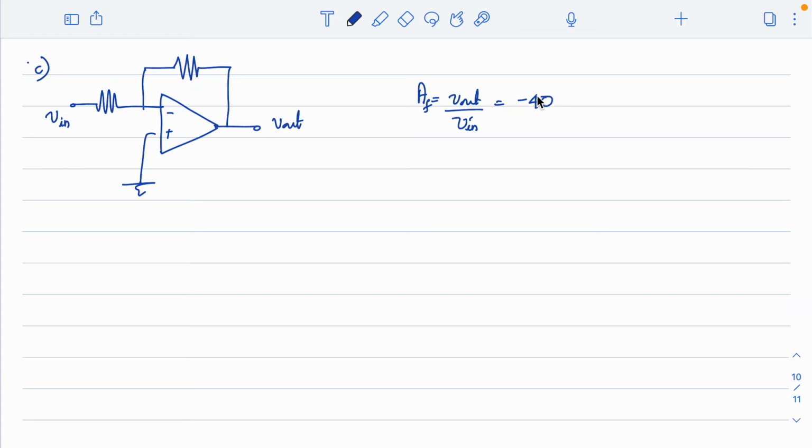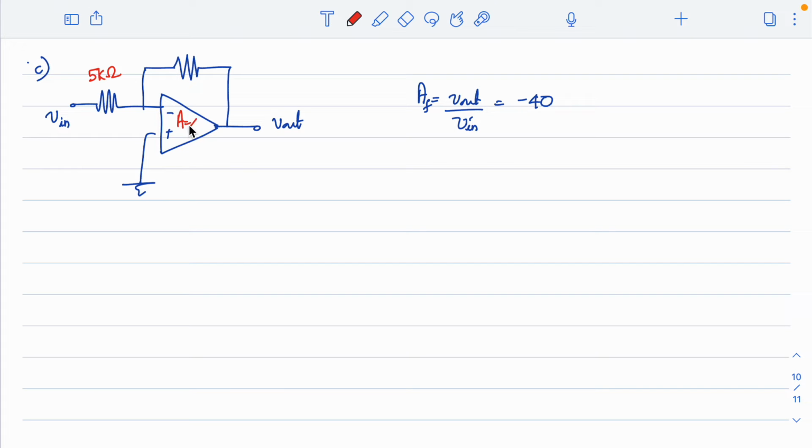And the op-amp is an ideal one with the same input impedance. What modification? I think R2 should be 200 kilo ohm. What should I do? I cannot change this. Let me mark it here. I should not change this. This should be 5 kilo ohm.